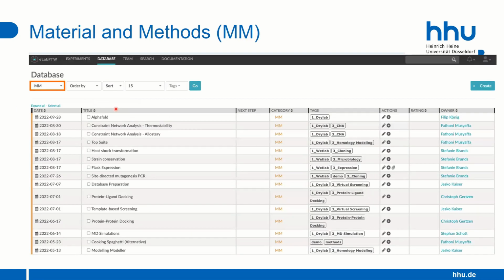So two ways. I should say again, what one has to do as a group is to define, for example, these materials and methods parts. In our case, these are condensed text as they could or would appear in publications or theses. But as I said before, you can also make these SOPs, standard operating procedures, which are then more detailed, have perhaps more steps. We store them in the database of eLabFTW. We tag them accordingly so that they can be more easily found.